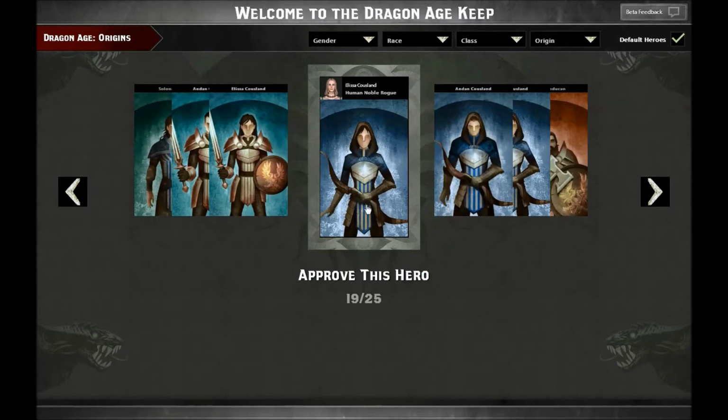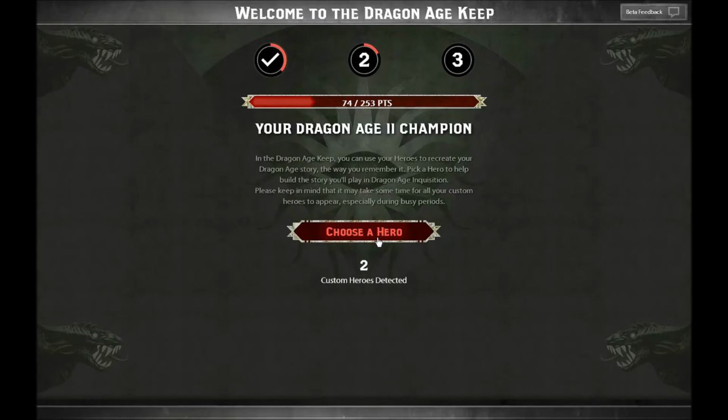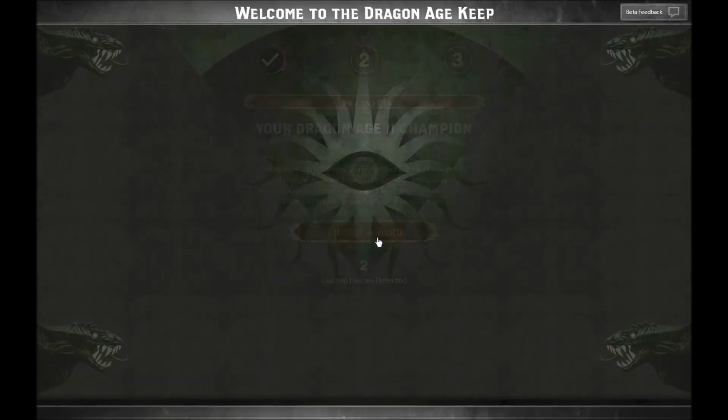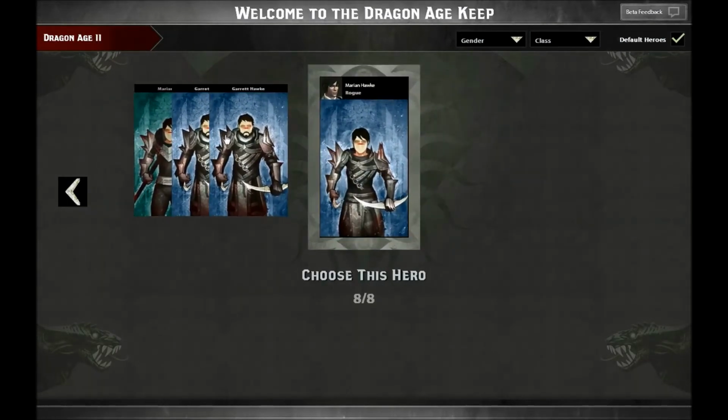You cannot customize your characters from the keep. Your characters are just imported, and if you aren't importing a custom character, you have to pick from the default origin, just the default character states. And just like the Dragon Age Origins characters, you have to